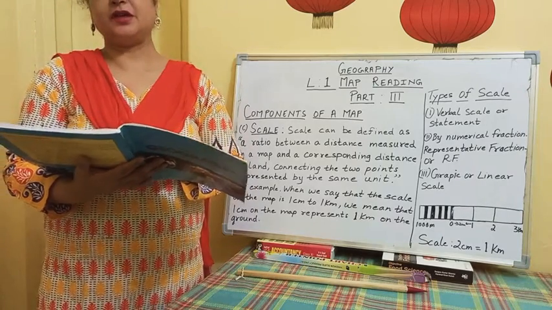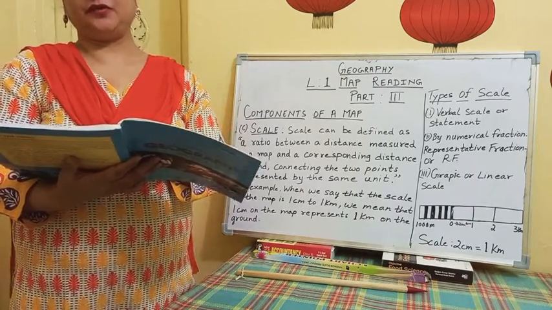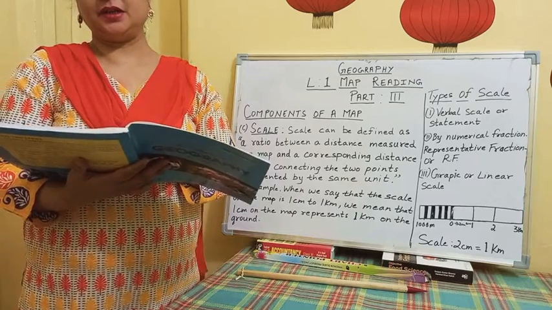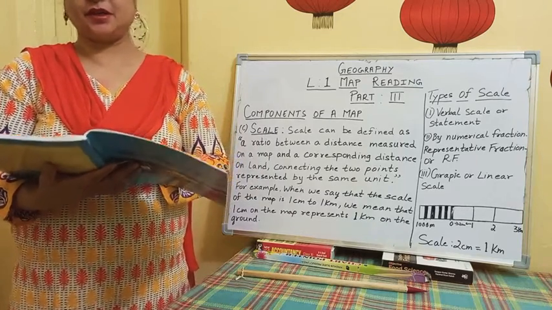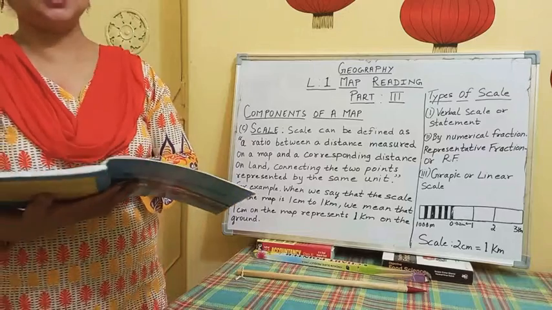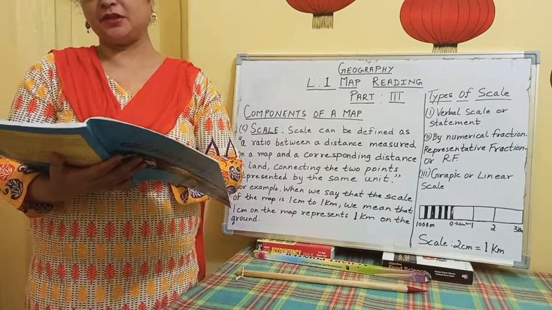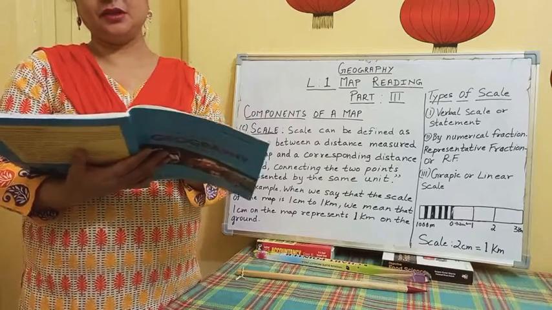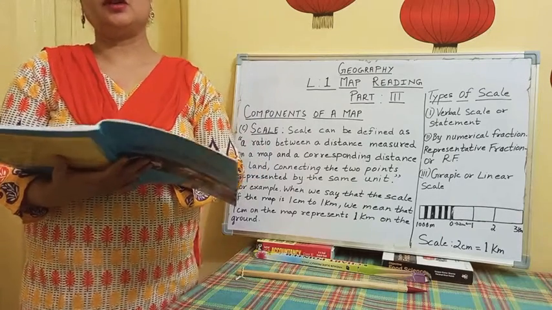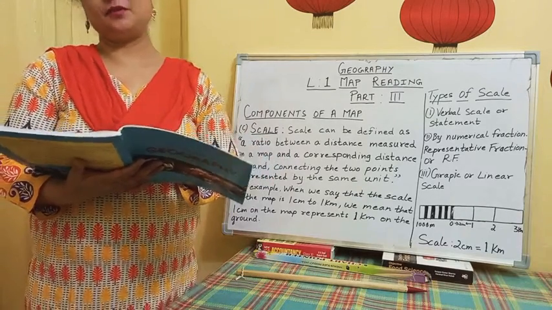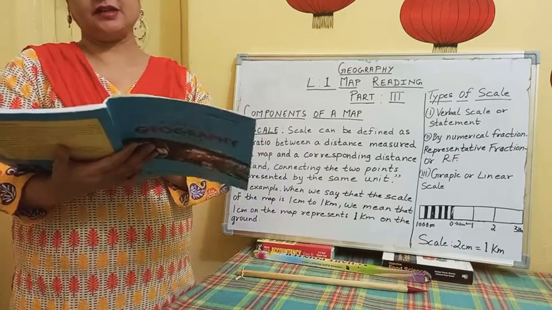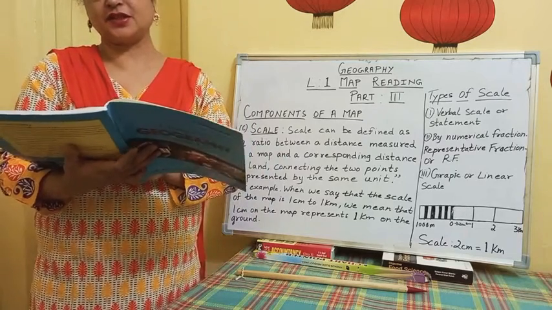This scale can be converted into any unit. Therefore, in map reading, it is universally accepted. So that is why it is universally accepted, because it gives the most accurate measurement as compared to verbal scale. So most of the countries, they prefer using this scale, that is the representative fraction scale.